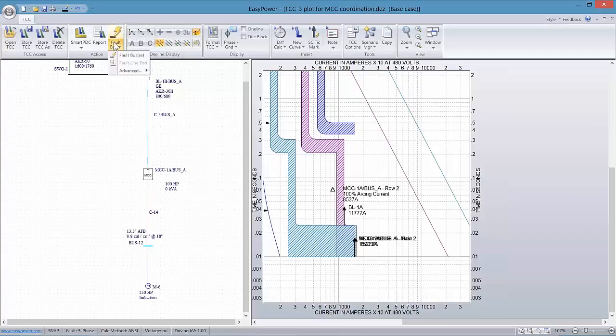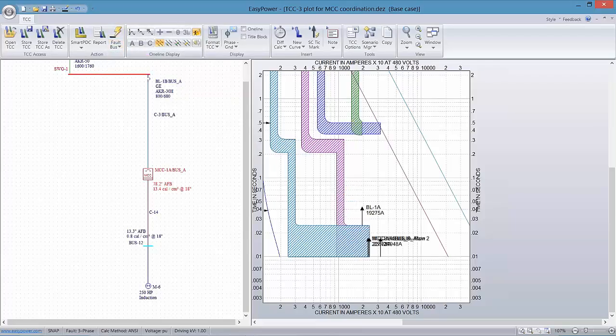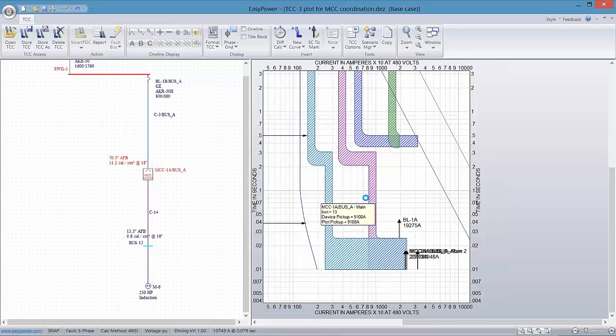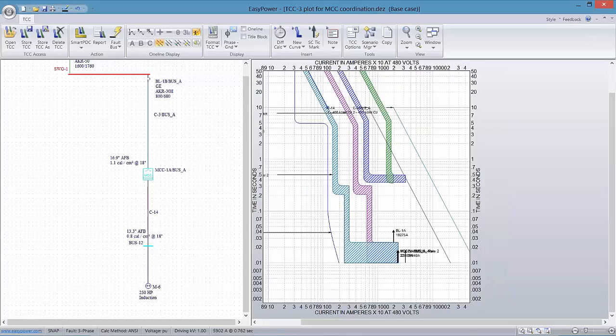But if I fault all the buses and look at my incident energy, you can see now we have a high incident energy for our MCC, and again, this is due to the fact that the MCC1 or main breaker is set so that it would coordinate with what we're showing for the downstream load. And again, we can make an adjustment there and see how it improves the incident energy calculations on the MCC. But again, we go back to the point of violating the coordination that we look for. Now, likewise, we can still do the